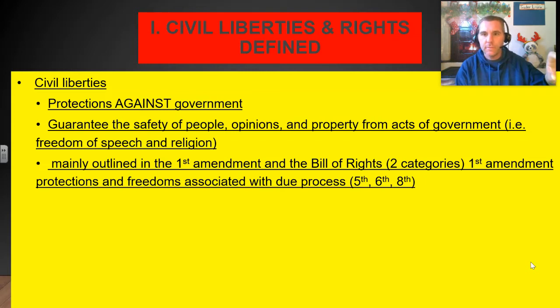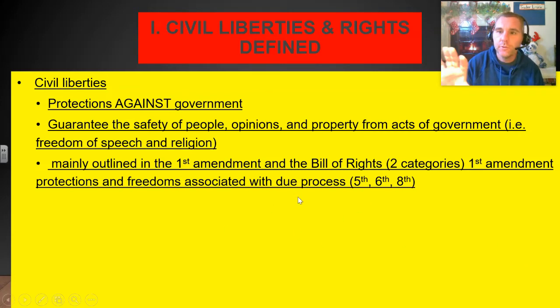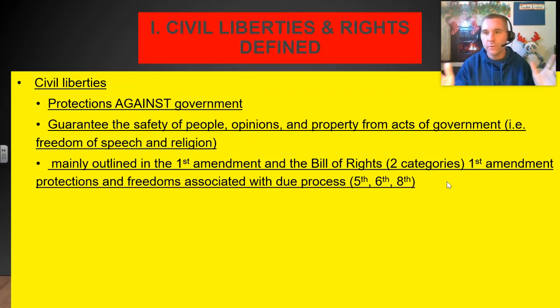There's your First Amendment protections: freedom of speech, religion, press, assembly, petition. And then you also have the due process ones. And just to let you know, your due process rights are all the rights that you're given once you're accused of a crime. Right? Your right to have a fair trial, right to be given a lawyer, right to not have a crazy fine imposed upon you, or any kind of cruel and unusual punishment. Those are all what we consider to be your civil liberties, and they're laid out in your Bill of Rights.